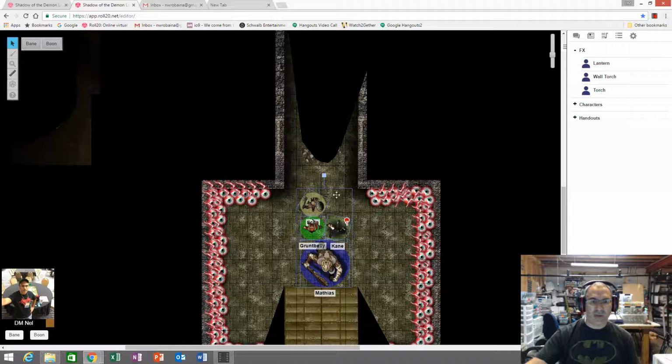So the heroes decide they're going to leave, and at this point they had finished cleaning out the shrine, the things that Lady Aurora had asked them to clean out. And we had run out of time for the session. So at this point I said, okay, session's over. We will work on this some more via email during the course of the week. And so we ended the session.